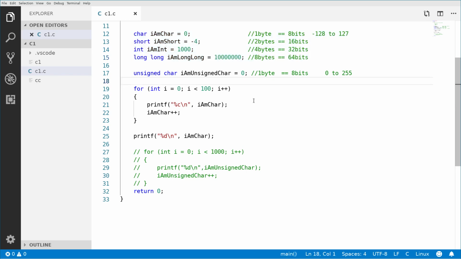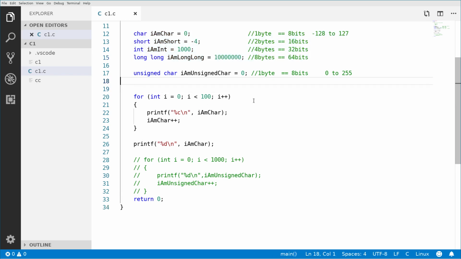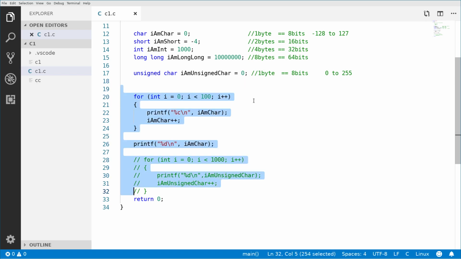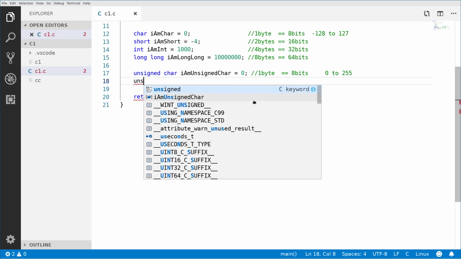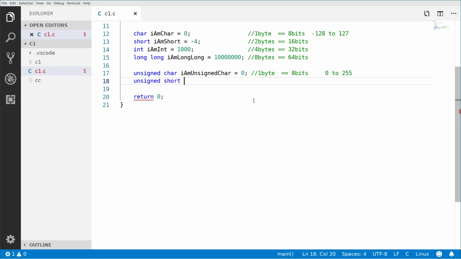So we have here unsigned char. I think we can delete these guys right here because we won't need them for now. So we also have unsigned short. Unsigned short. Okay, we have unsigned int. Unsigned int